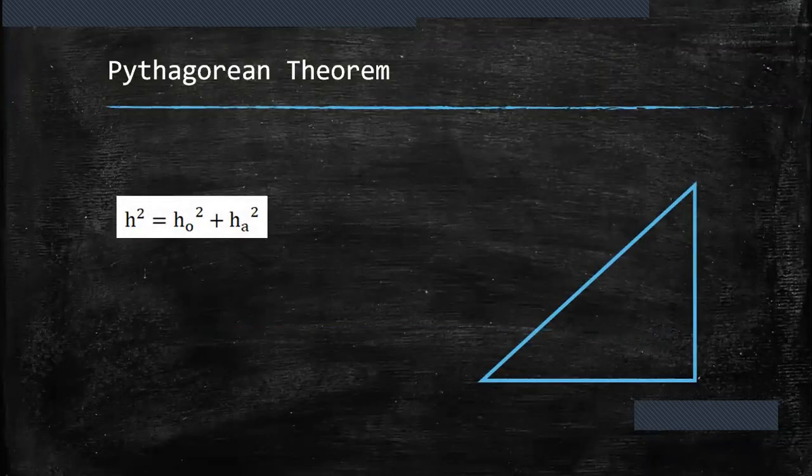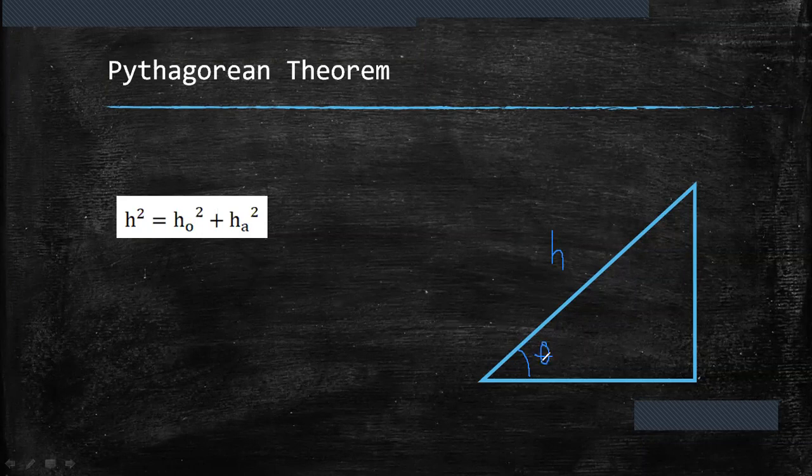Before we jump into trigonometric functions, let's first look at the Pythagorean theorem. The Pythagorean theorem defines the relationship among the lengths of the three sides of a right triangle. So we have the formula h squared is equal to h_o squared plus h_a squared, where h represents the hypotenuse. And considering this angle as your theta, or the reference angle,